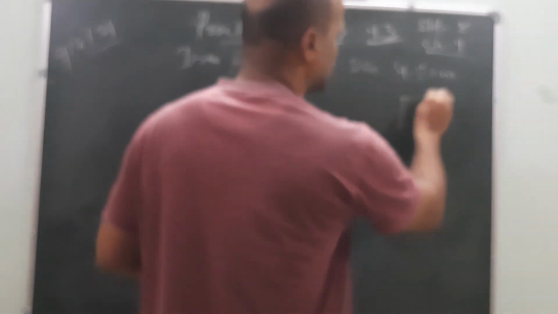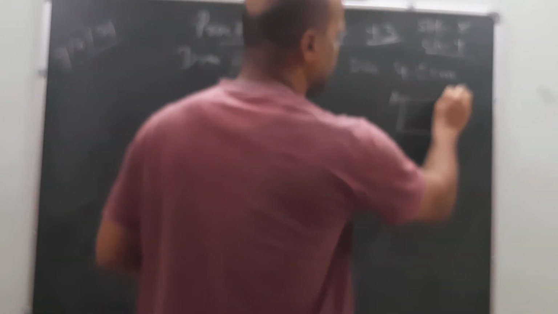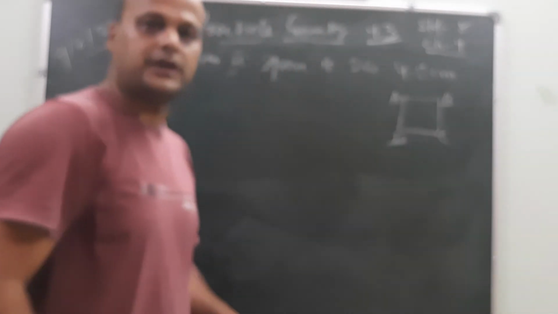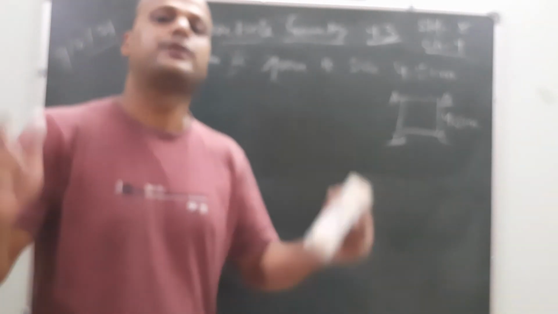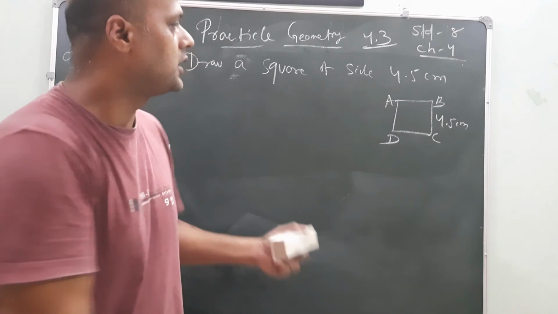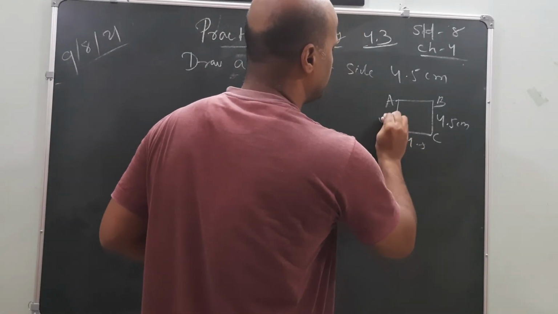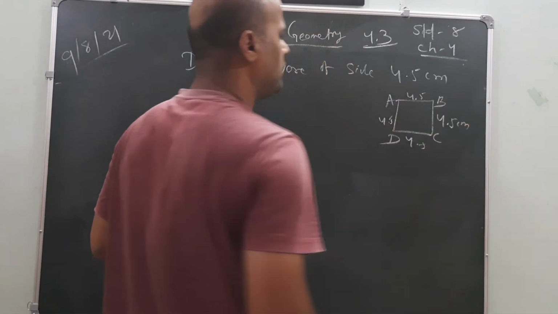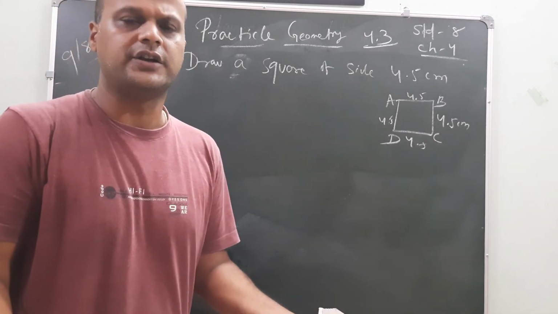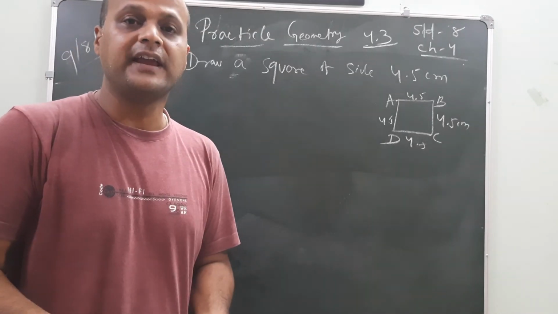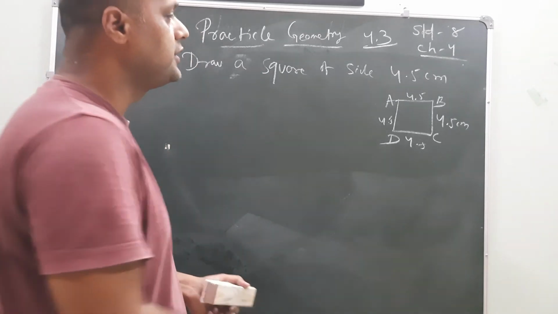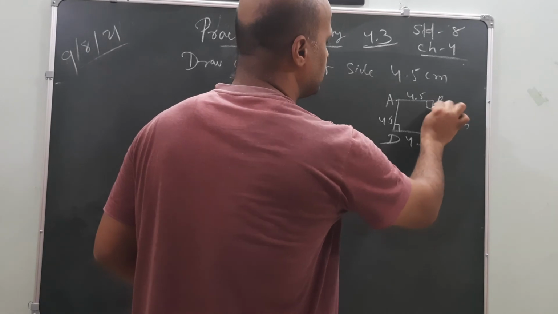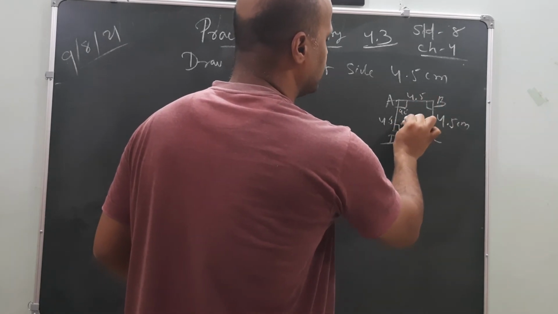Okay, so first draw the rough sketch. Write it A, B, C, D. Okay, my dear friends, now 4.5. Any side is 4.5. Now you just tell me, square means what? What is the principle of square? All sides are equal. 4.5, 4.5, 4.5. Now you will say, sir, you can draw 4.5, but how is it related to the angles? Yes, it is, because all angles are equal and all angles are perpendicular to each other. That is 90, 90, 90 and 90. All of them are 90 degrees.